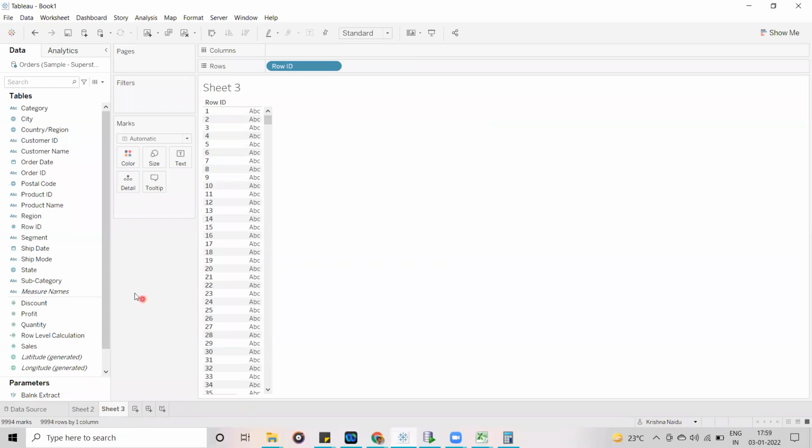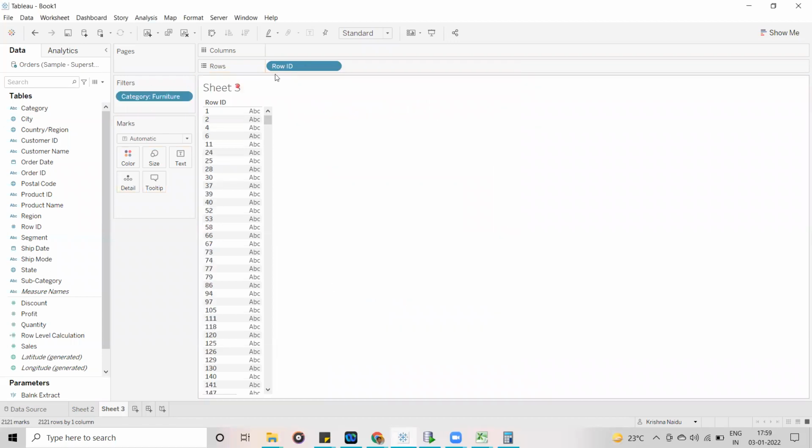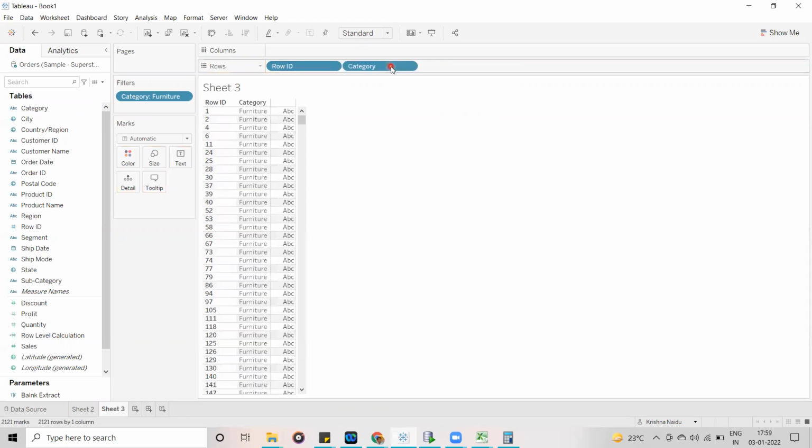Now I'm going to take category as furniture, and add the same field into rows. Now you can see it is displaying 2121 rows.